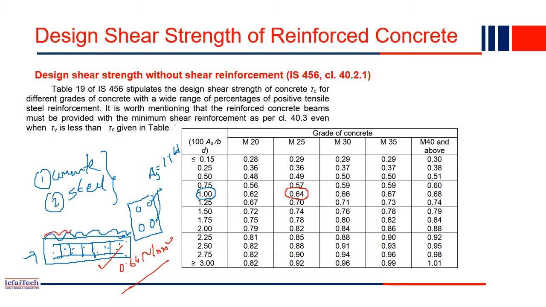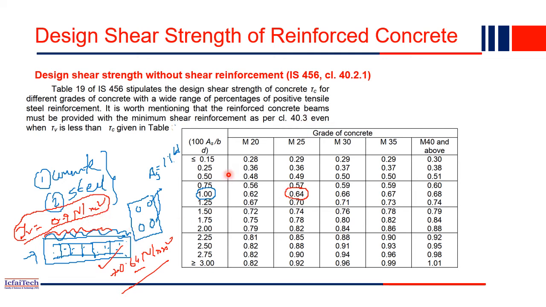Now, if more loads are applied on a structure and the shear stress tau v you get is maybe 0.9 Newton per mm square, right? So 0.9 Newton per mm square is the applied shear stress, but how much the beam can take is 0.64. So that means the extra part is how much? The extra part will be 0.26 Newton per mm square applied on the beam. Because of this 0.26 Newton per mm square, we have to provide the stirrups. The stirrups will take care of 0.26 Newton per mm square shear stress, and like that we have to design it.